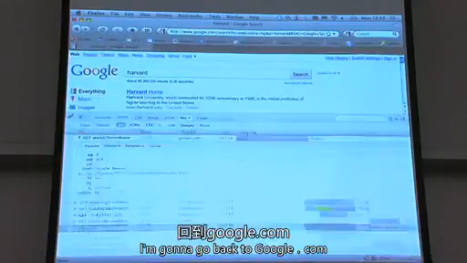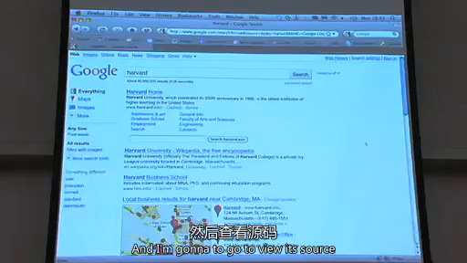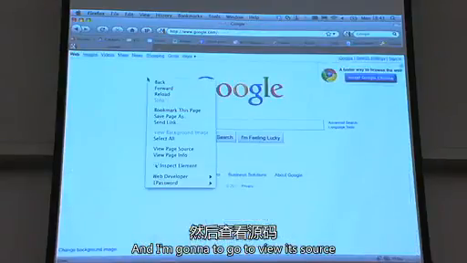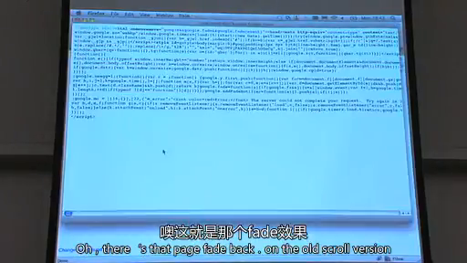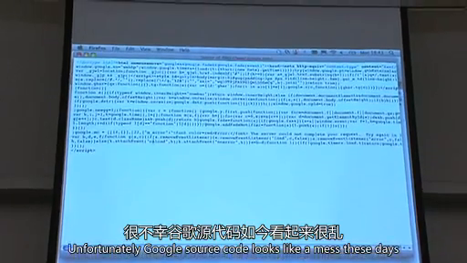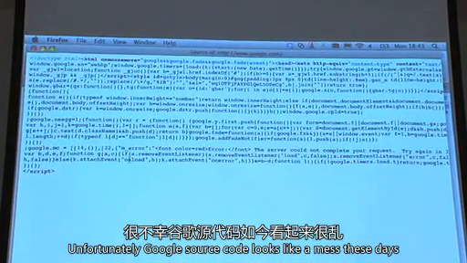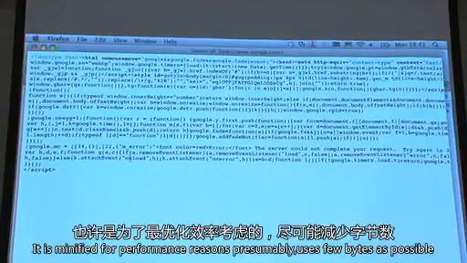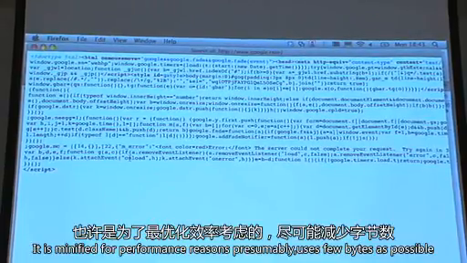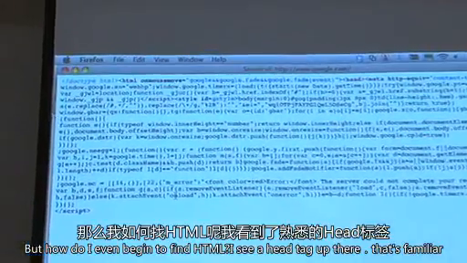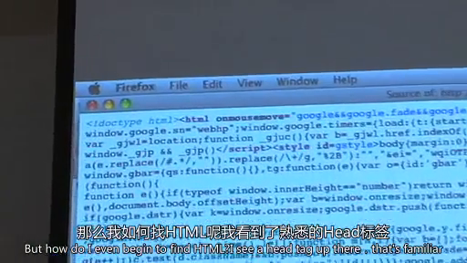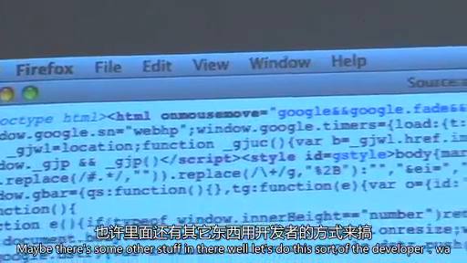I'm going to go back to google.com and I'm going to go to view its source. Oh, there's that page fade. It's back on the old school version. Unfortunately, Google source code looks like a mess these days, right? It's minified for performance reasons, presumably. Use as few bytes as possible. But how do I even begin to find the HTML? I see a head tag up there. That's familiar. Maybe there's some other stuff in there. Well, let's do this sort of the